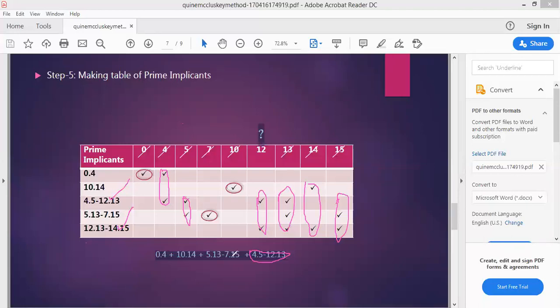Okay, sir. So these are the essential prime implicants, so we are considering them and writing the expression for them. We will take another example, and if you have any doubts, again we will solve some other problems and clarify this particular table. The previous tables are, I think, very much clear to you, isn't it? Yes, sir. Here 12, 13, 14, 15 are covered in the above minterms, so it has been skipped.